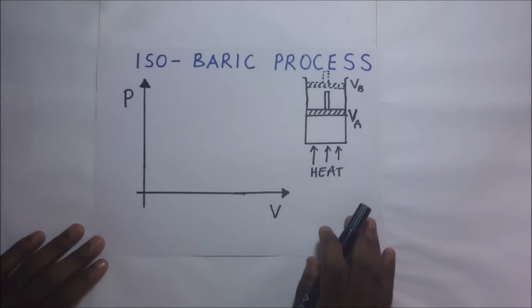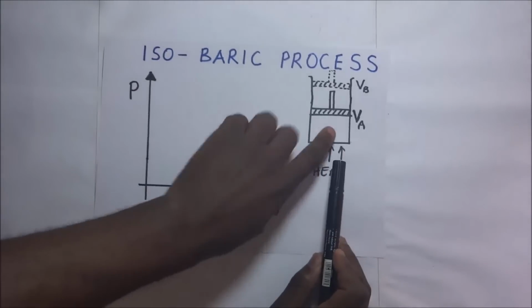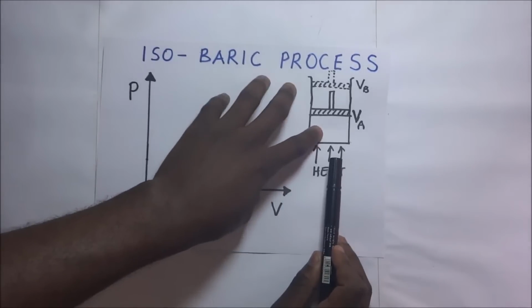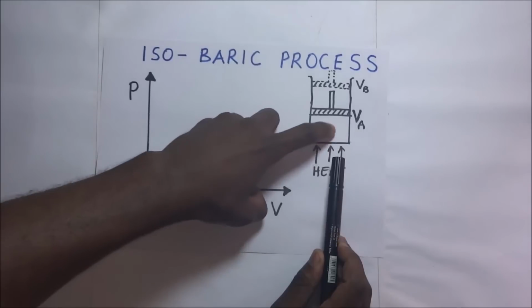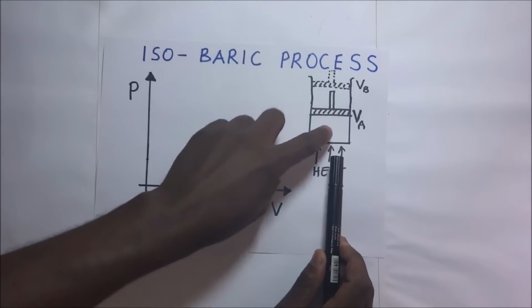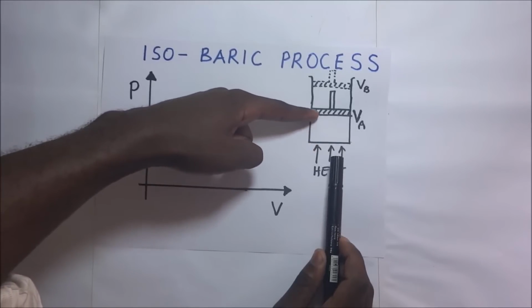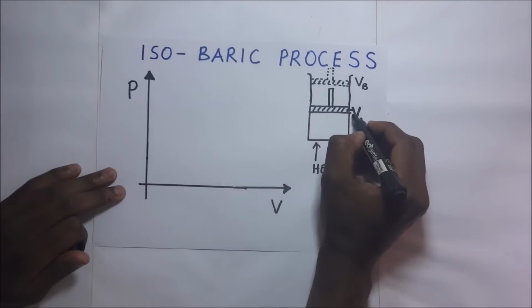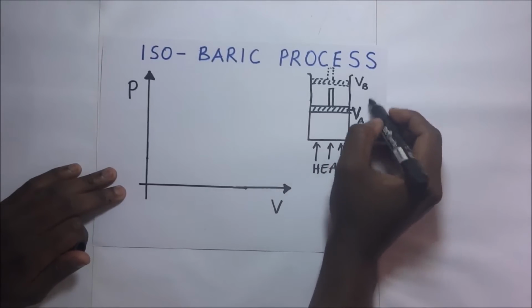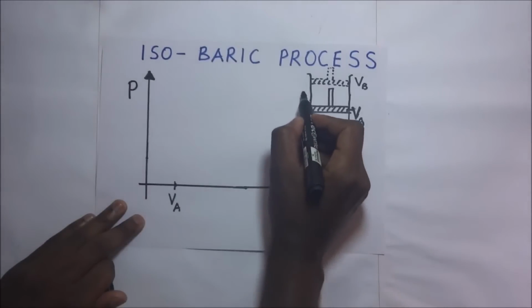So if we are to draw this process, of course, when we are holding the pressure constant, if we are to introduce heat here, and this is supposed to be taking place in such a way that pressure is held constant, it means that as heat is coming in, as this gas tends to expand, in order for us to keep this gas at a constant pressure, that is compensated for by this piston being pushed upwards. So as this piston is being pushed upwards, it will be pushed probably from this point VA to that point VB. So let's assume this is the beginning volume. This volume increases up to VB,